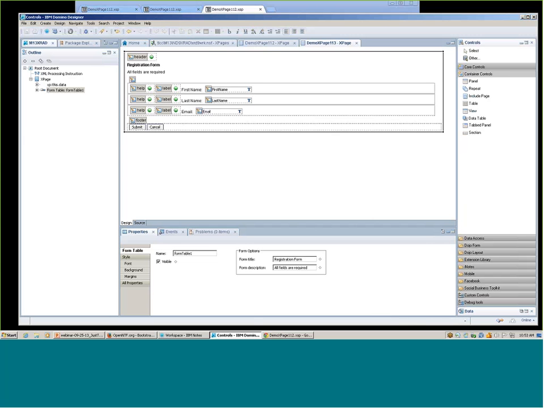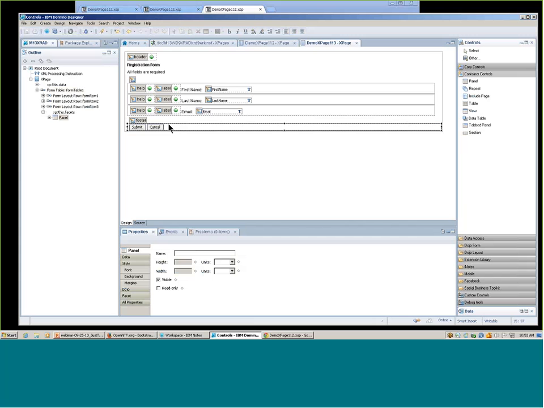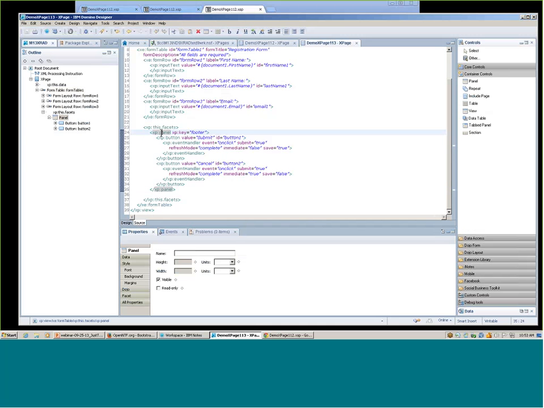In fact, for any named facet, they can only have one immediate child facet. So if you want multiple buttons, as I did in this footer facet, first what I needed to add was a panel facet, and then into that I added a couple of buttons. And if I take a look at the source for that panel facet, I can see that it's between this facets tags, and it has an XP key attribute equal to footer.